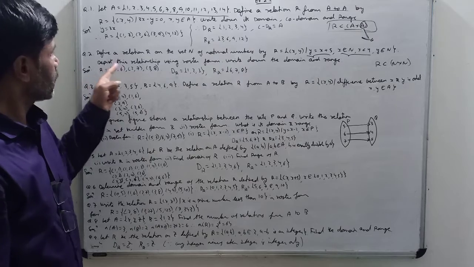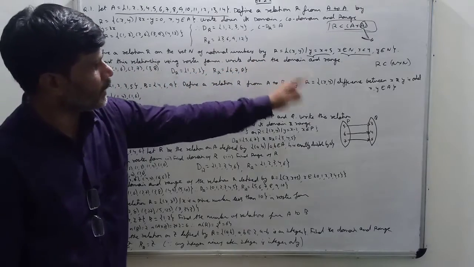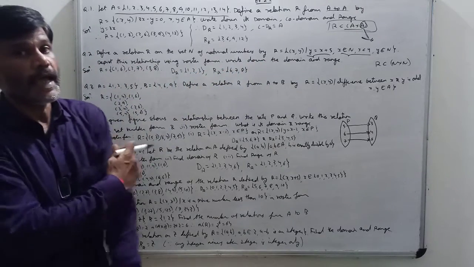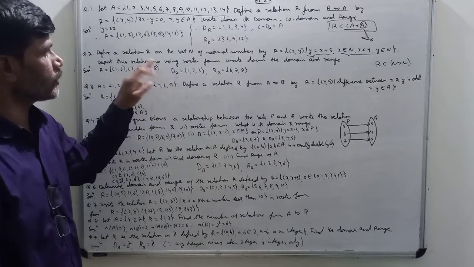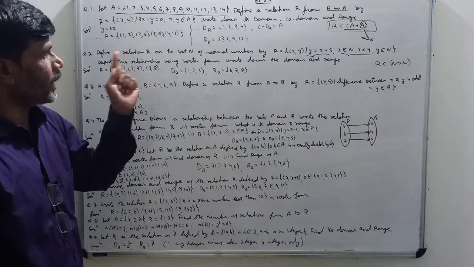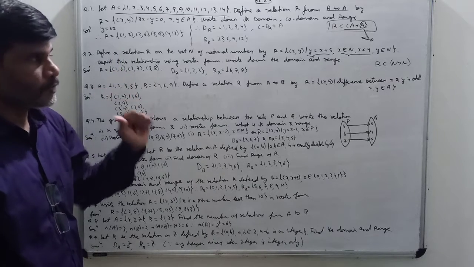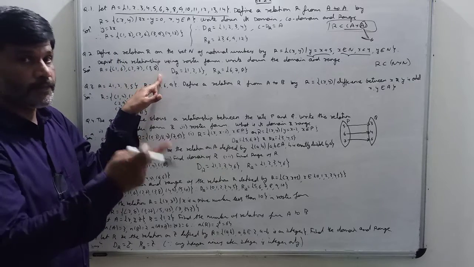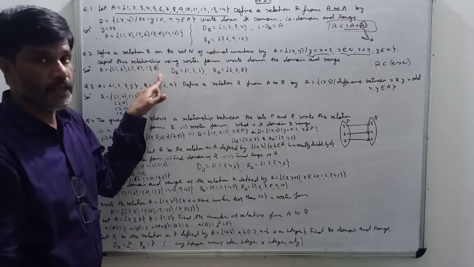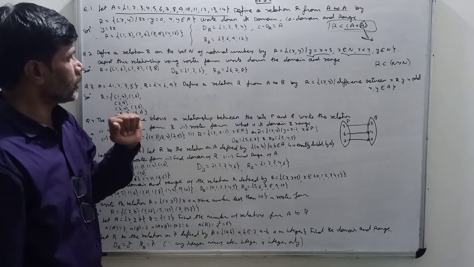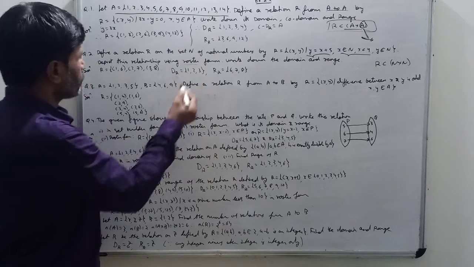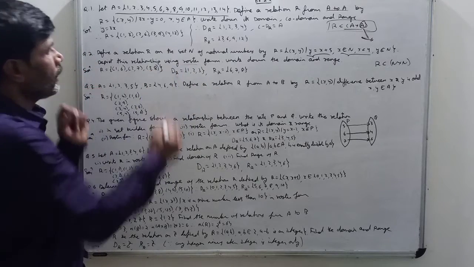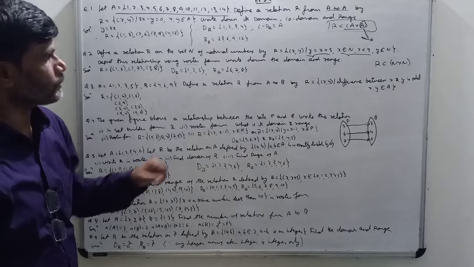Okay, so what they are saying, roster form and domain. Roster form means what? Elements written inside the curly bracket is called a roster form. And set builder form means what? By observing some common characteristics of the elements of the set, we can describe it in our own method. That method is said to be set builder form. So here we are asked to find out roster form. So roster form means we have to write inside the curly bracket whatever elements are there.